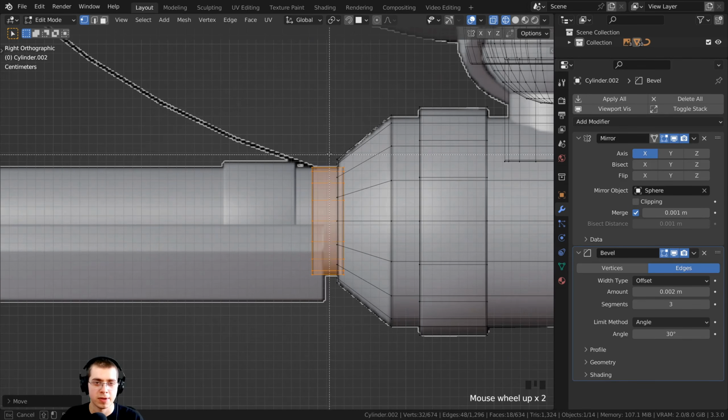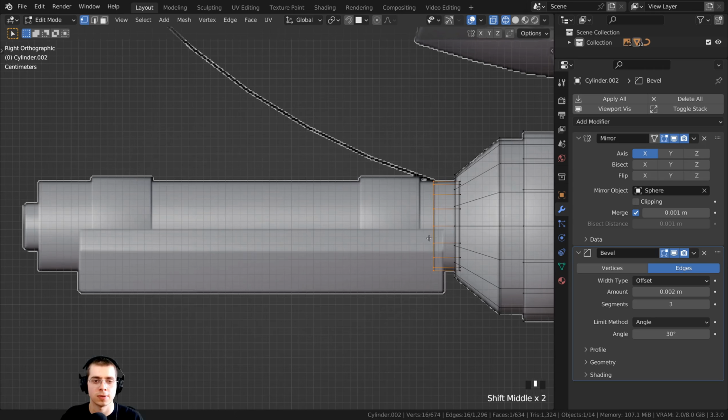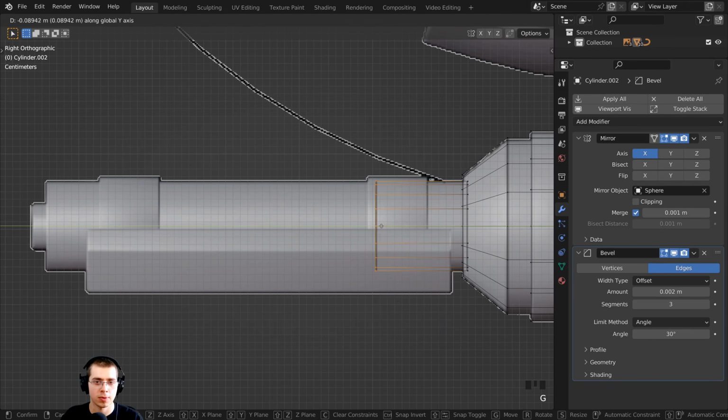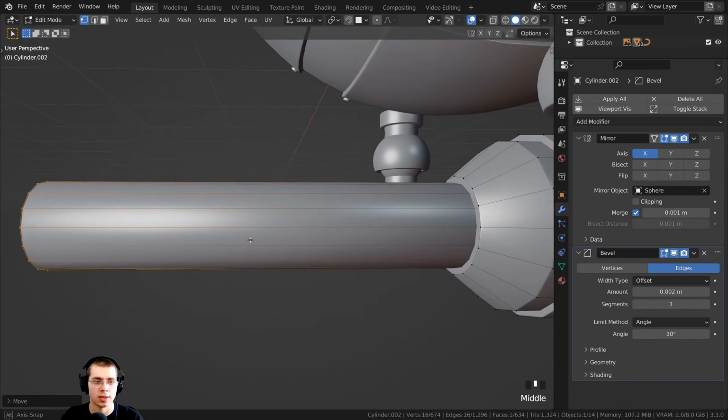Then I'm going to press B for the box select, and I'm going to click and drag with my middle mouse wheel. That is going to deselect everything that was in the selection here in the box. So now we just have this front part selected. So I can press G to grab, click with your mouse wheel, constrain it to the y-axis, and bring that out there. And then I'm going to hold down the Z button, go back to solid view,